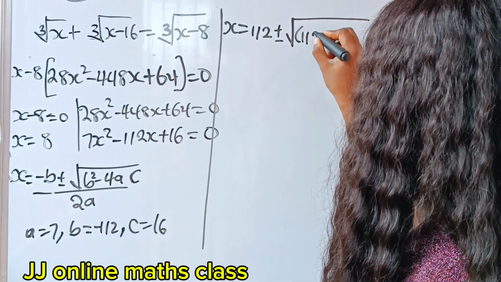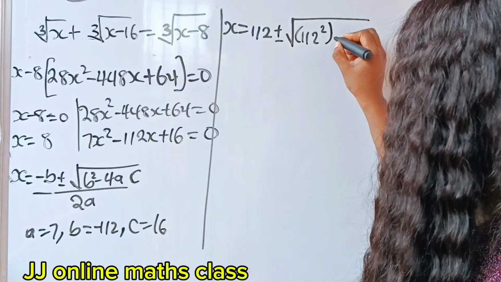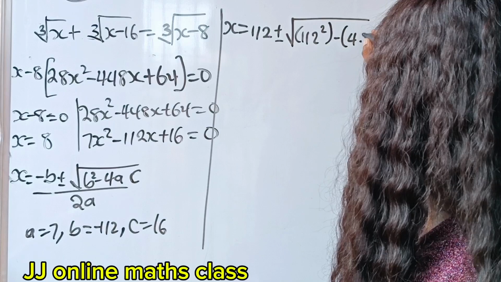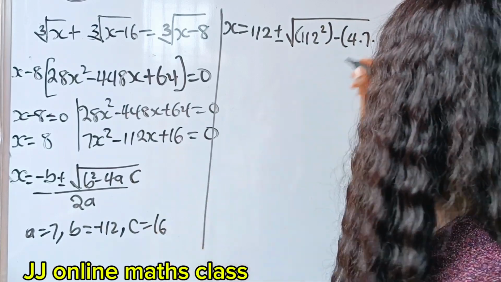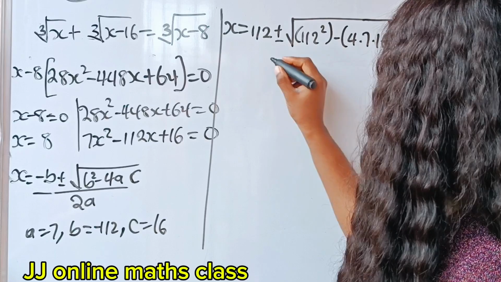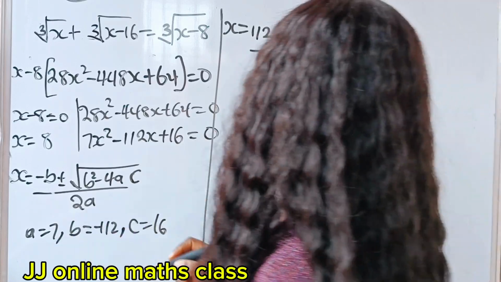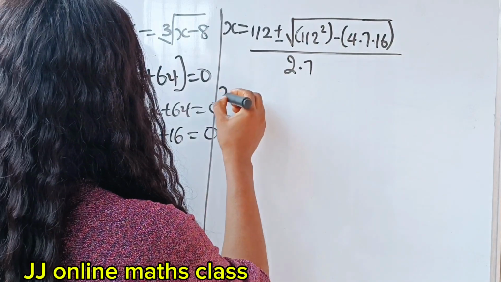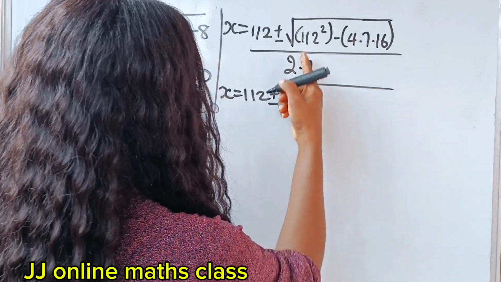We are going to solve that soon. Then minus 4 multiplied by a, our a is 7 and our c is 16. Now everything divided by 2a, that is 2 times 7. All right, so this is what we have now. So we have that x is equal to 112 plus or minus square root of